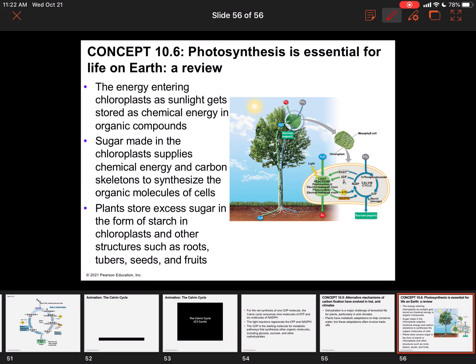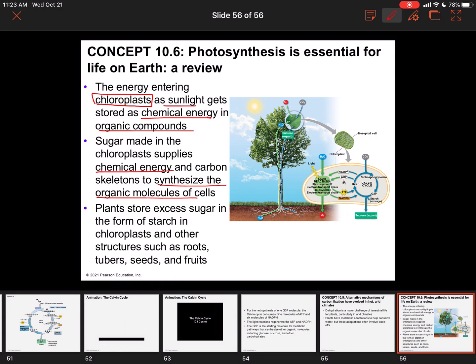It says photosynthesis is essential for life on Earth. And so here's your review. It says the energy entering the chloroplast, so that's where it's all going to start, is going to come in as sunlight, and it's going to get stored as chemical energy in organic compounds. The sugar will be made in the chloroplast. It's going to supply chemical energy and carbon skeletons to synthesize the organic molecules of cells. And so we're going to use these for energy, and we're going to also use it to build other organic